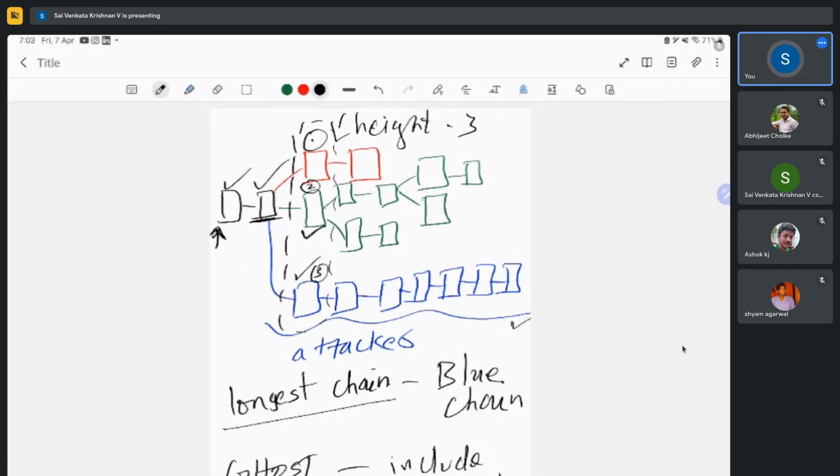So at height 3 this green block would be selected, and now at height 4, out of these two blocks it will check which one has more blocks split out as children, which one has more blocks. So finally what happens in the GHOST protocol,